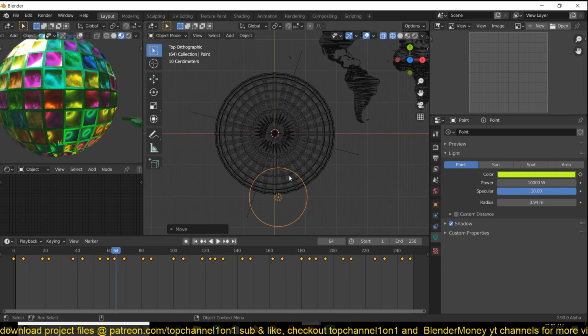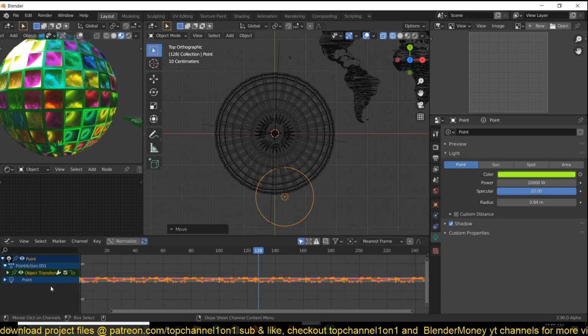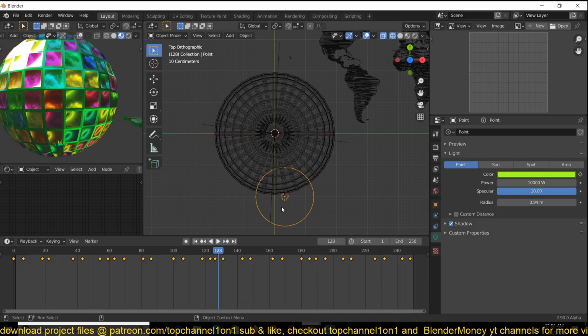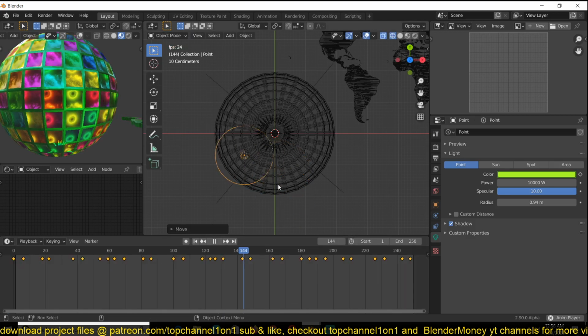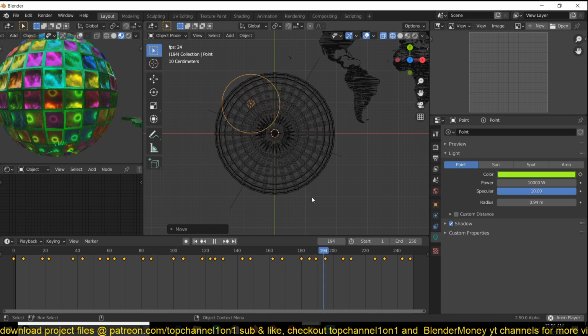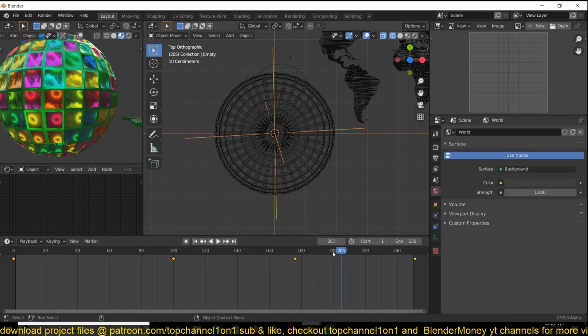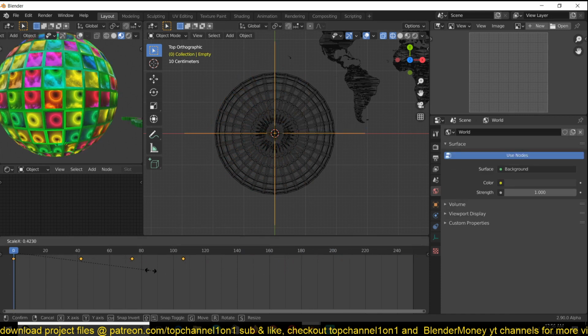I don't want it to go out. Let me make sure that I don't have these location values, so that I can easily control the positioning. I can increase the speed of this as well.